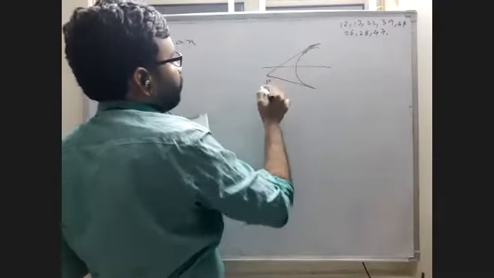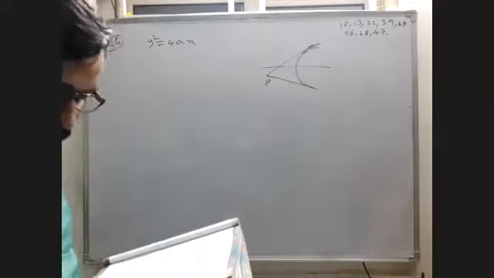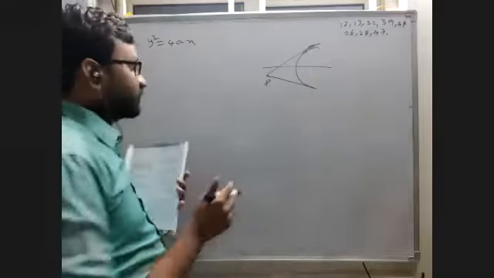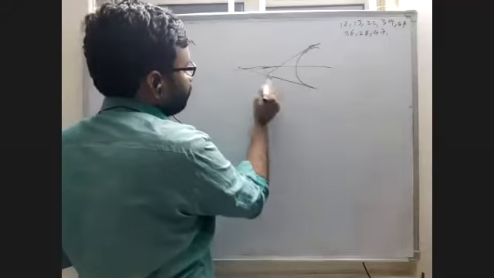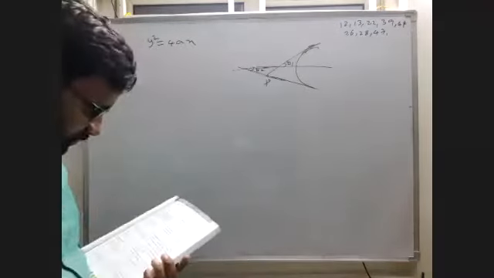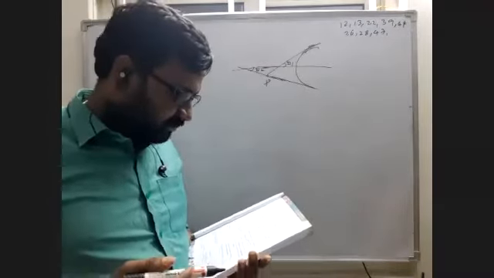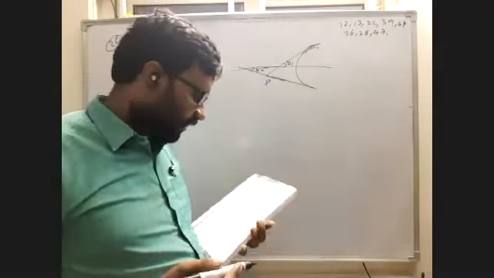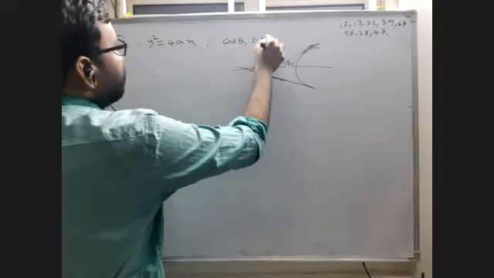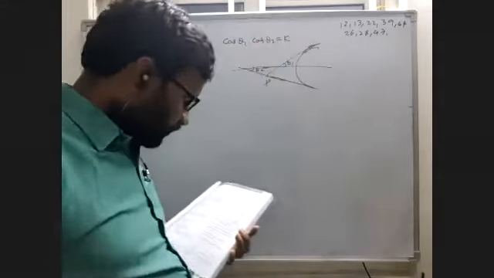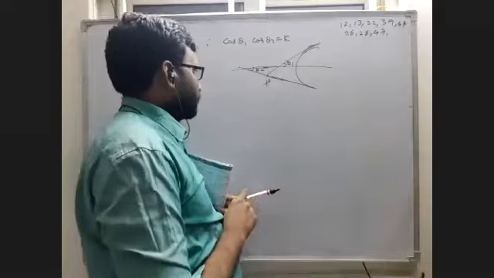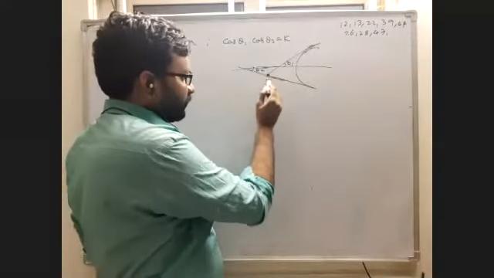This is the parabola. From a point we draw two tangents to y square equal to 4x, making angles theta 1, theta 2 with the x-axis. You can draw as you wish. If cos theta 1 cos theta 2 is equal to k, then the locus of their point of intersection.